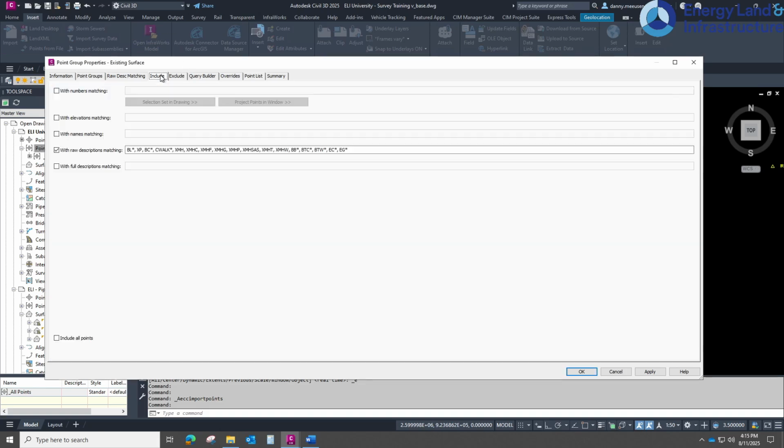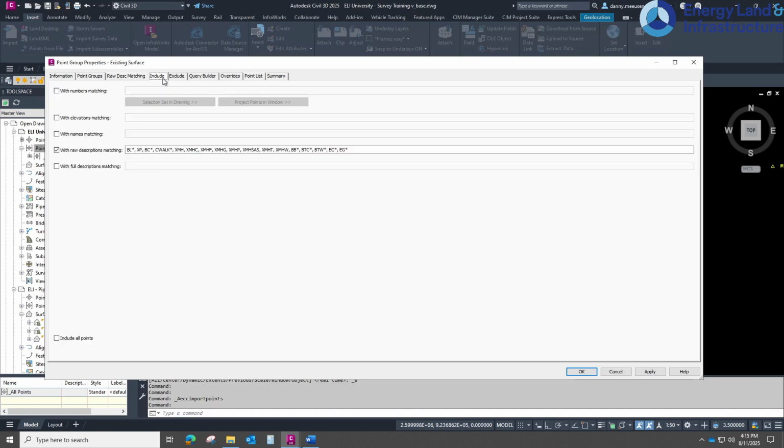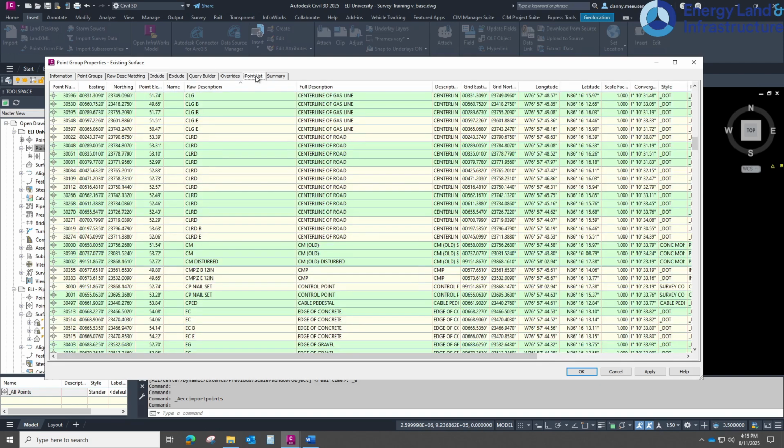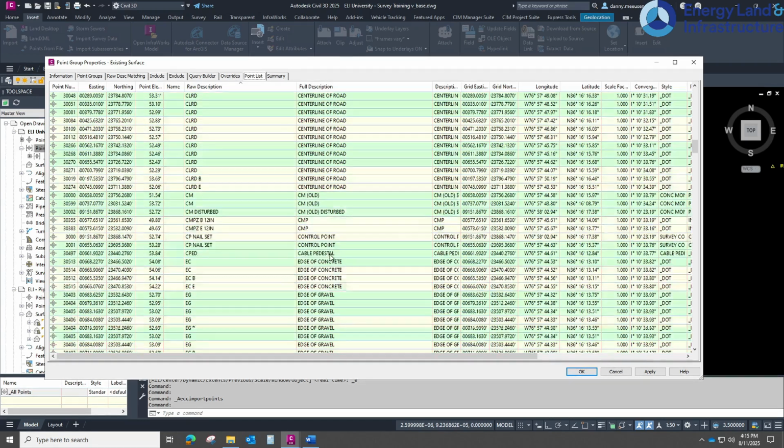Let's go to the include tab this time. Right now, everything that we checked in raw description matching is going to be shown in the include tab because we're telling it we want to use all of these different raw descriptions or point codes. We can also use full descriptions matching. What we would need to do there is go back to our point list and go to center line of road, comma, space,